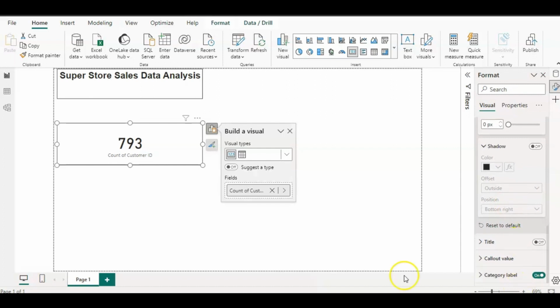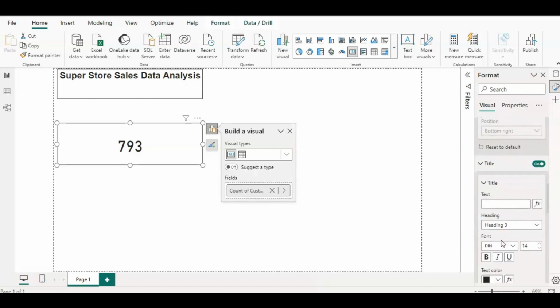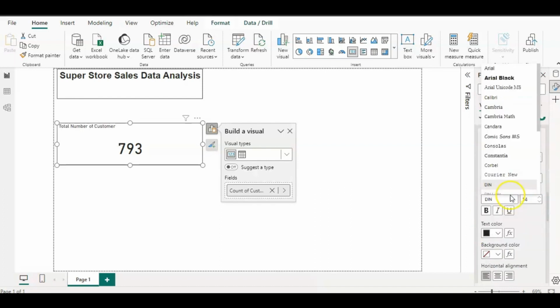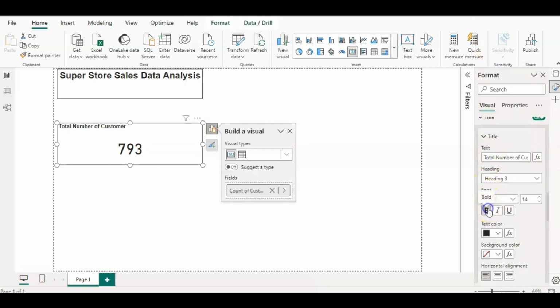Then we don't need this count of customer ID over here. So go to category label, then turn it off. We need chart title, so turn it on. Then click over here in the arrow mark. The chart title is total number of customer. Make it Arial, make it bold, center alignment,